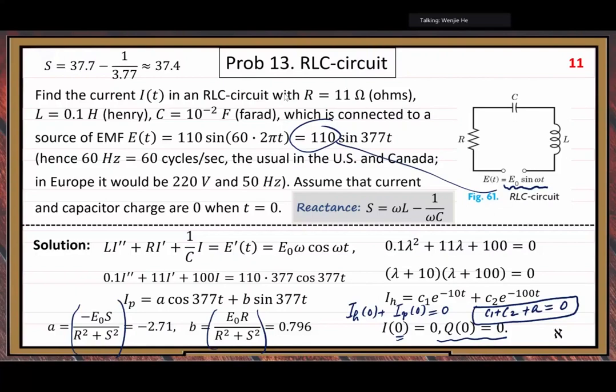Because this question relates to one of the questions in our second homework assignment. So you will have the Q initial condition and the I initial condition. How do you solve the problem? There are two ways we can find C1 and C2. All right, the first way,